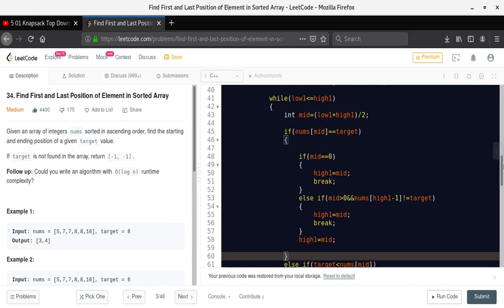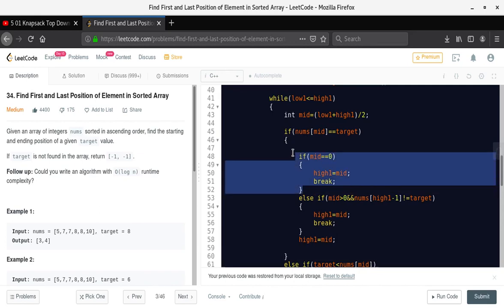In simple binary search, if we find the element, we just break and come out of the while loop, right? But in this type of binary search, we keep moving until we are getting the target value. So we keep moving one step until we are getting the same target value. So yeah, mid equals 0 means it's the corner case actually.